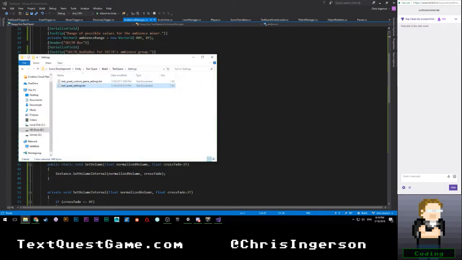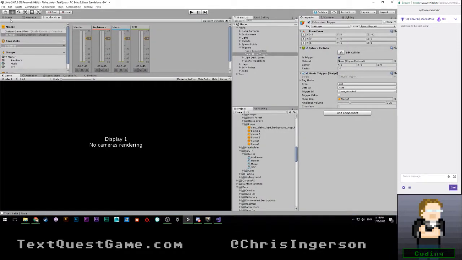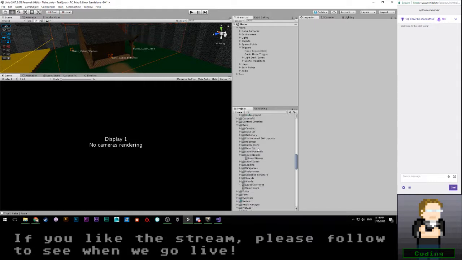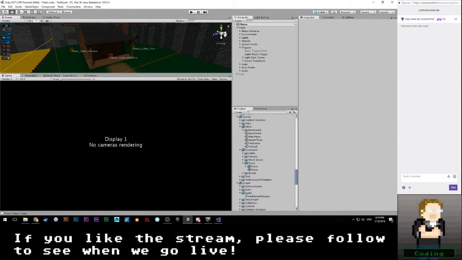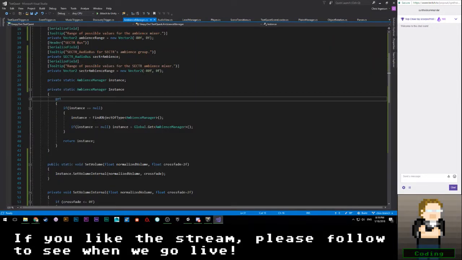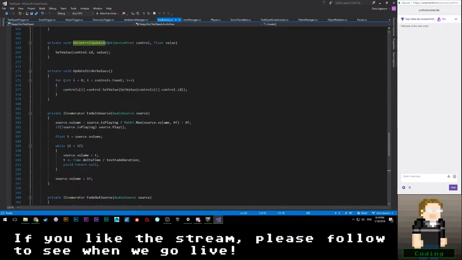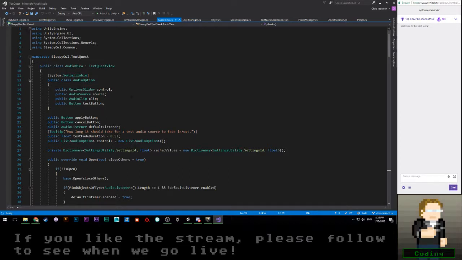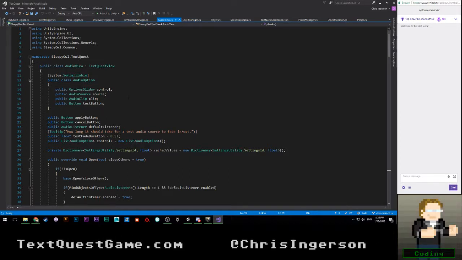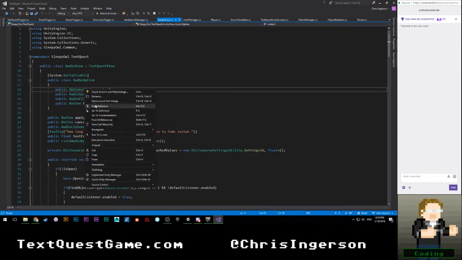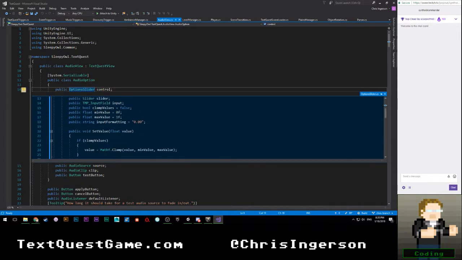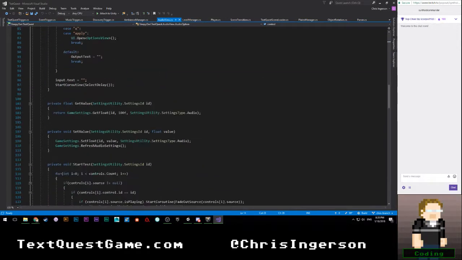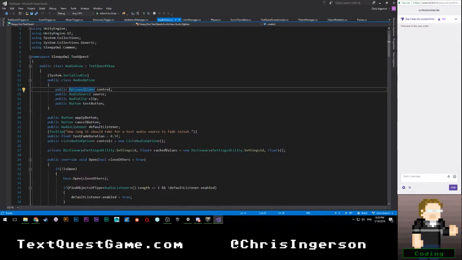Okay then. I guess we're going to be doing some stuff with our audio view real quick. So let's go ahead and go back to our splash fade. Go over here. And this I'm going to assume does not actually have anything useful for us, does it? Oh dear, it does not. Options slider, peek this definition. Does it give us anything useful? It does not. Okay. No, that can't be